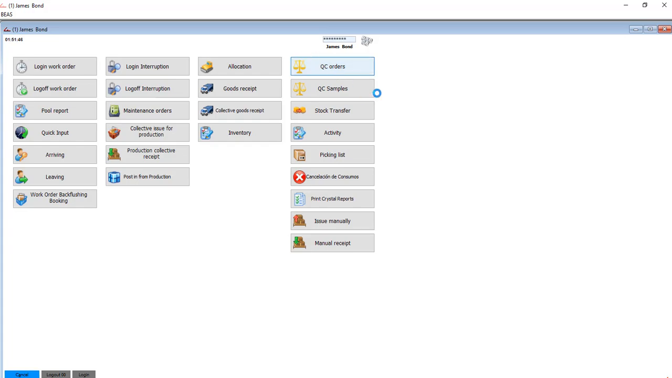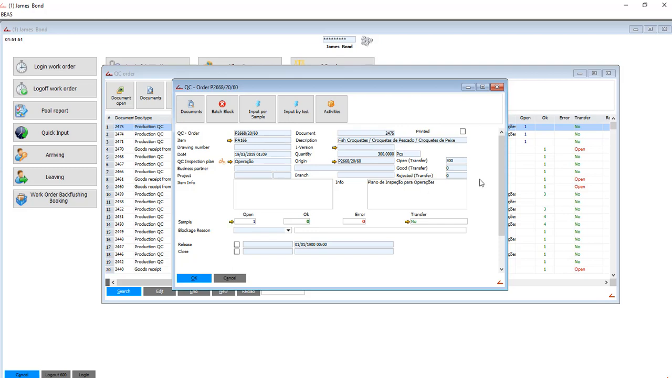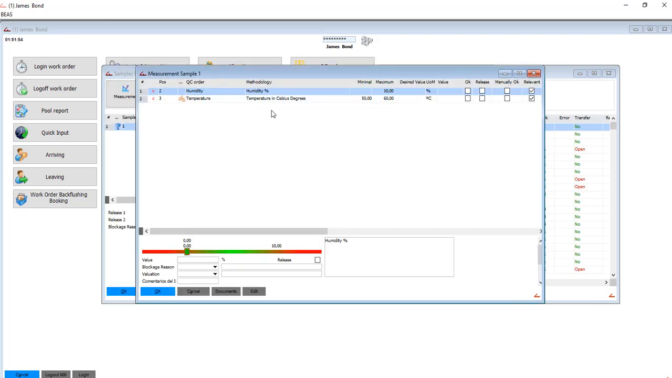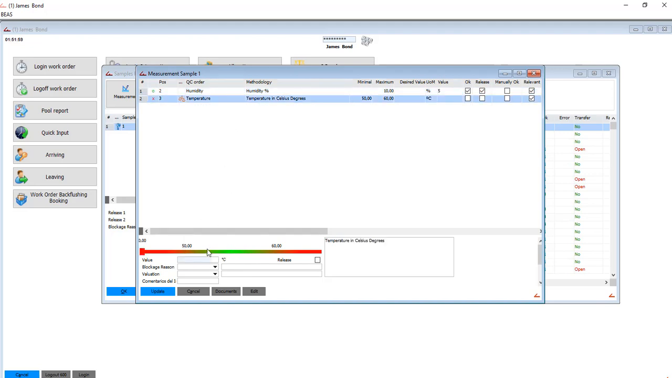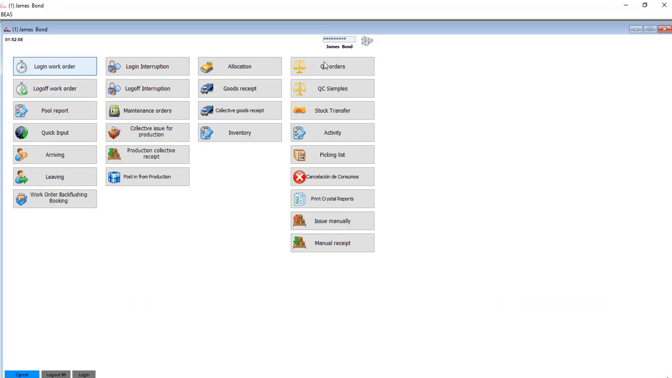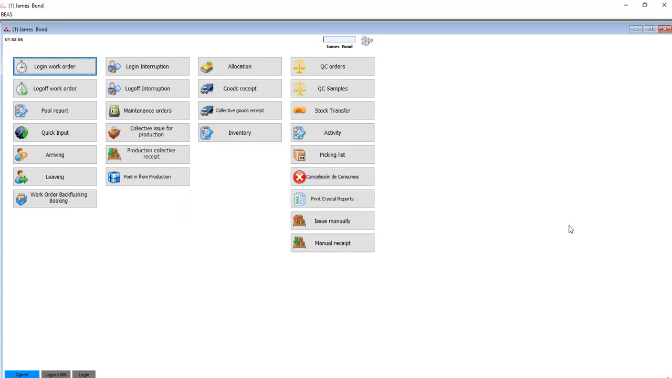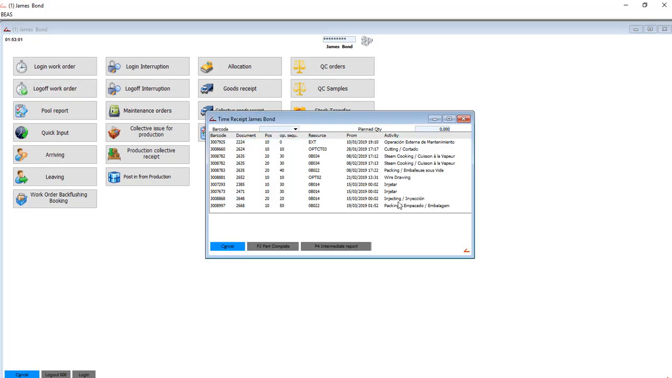I can come here into quality control orders. I'm going to see the in-process inspection, and then from here I can capture the data that I need to. And when I have this analysis finished, I can log in into my last operation. And it will not show me any error. Now I can log off by selecting it here in this list